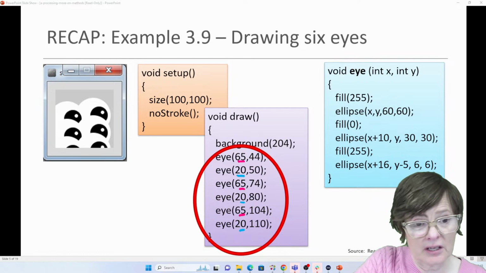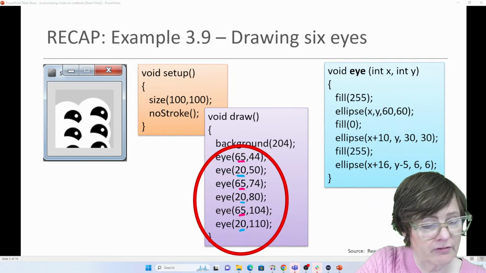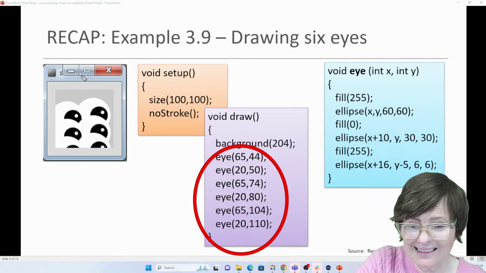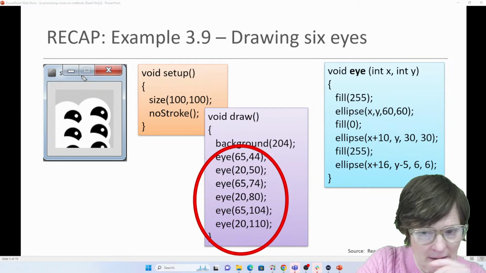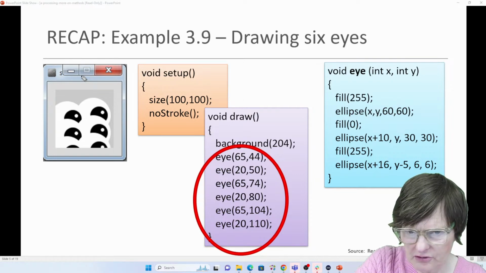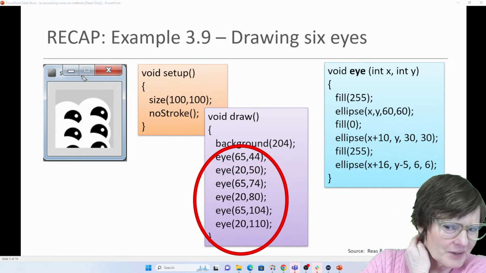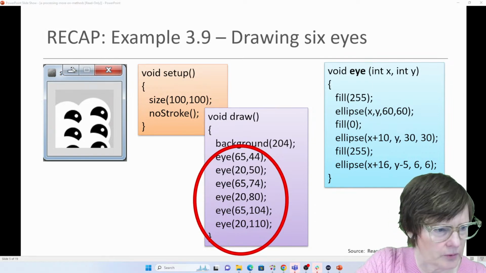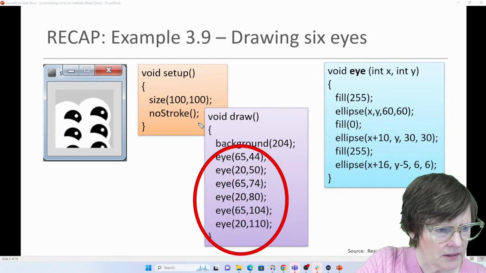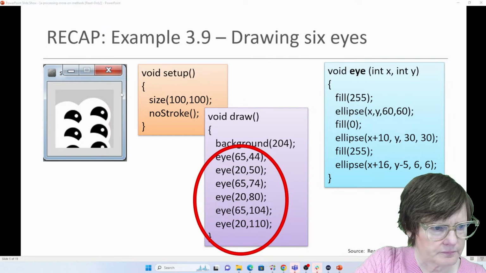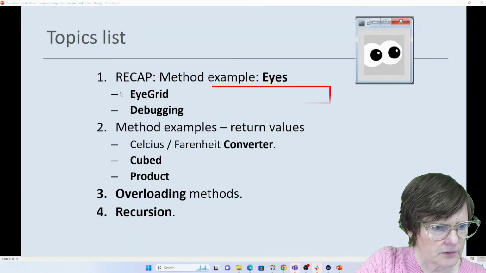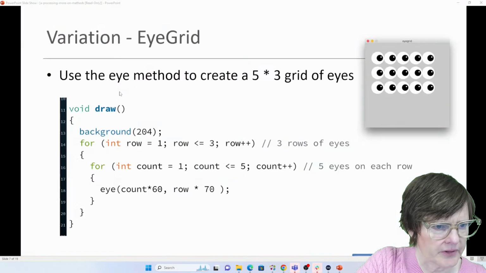Again, you will get more used to this ability to patternize. The other thing to be said is, once we go away from Processing, we won't be looking at that exact kind of pattern matching, but it will be really useful for you to see patterns in general, because that's how you parameterize. So, if we want to do the eye grid then,